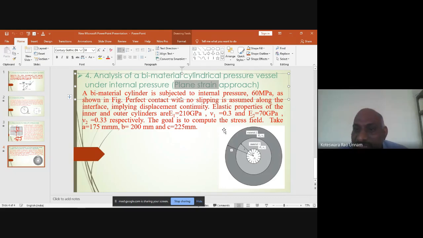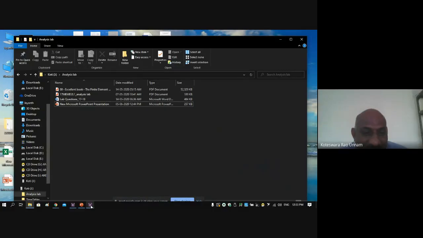Stress will be there. Sigma x will be there, sigma y will be there, sigma z is also there. That's why I said you need to calculate the radial stress, hoop stress, and longitudinal stress. That means stresses are there in all 3 directions. This is the approach you are using. So you shouldn't think that you don't have stresses in plane strain approach. The stresses will be there. Okay, sir. Clear? Yes, sir.